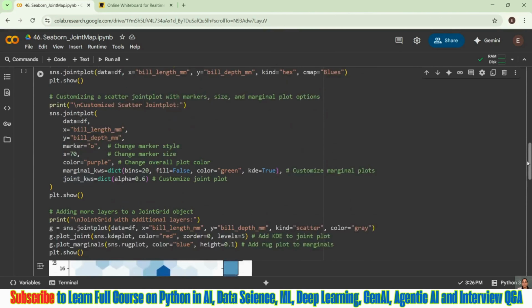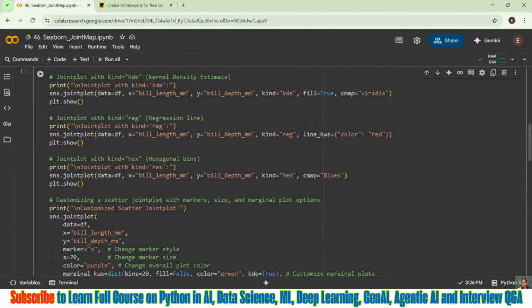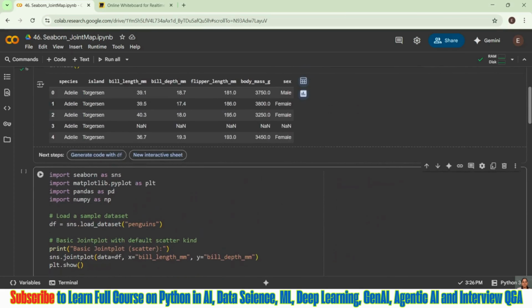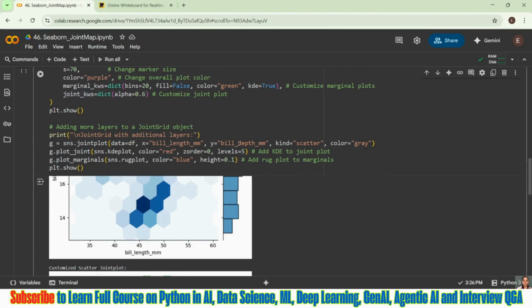And we saw from 4 to 5 examples the frequency of sizes that is coming in that range. And now we are left with adding more layers to a joint plot.